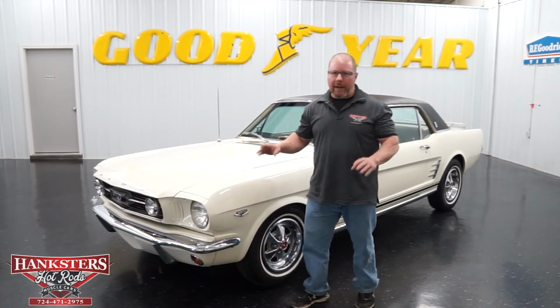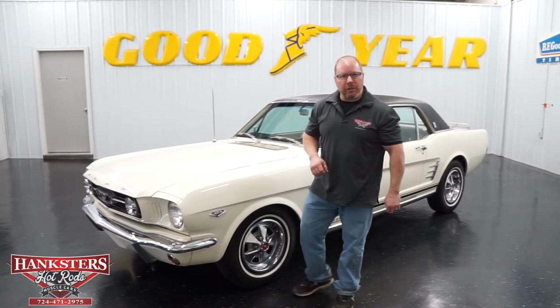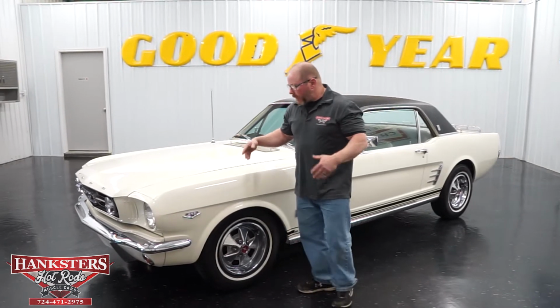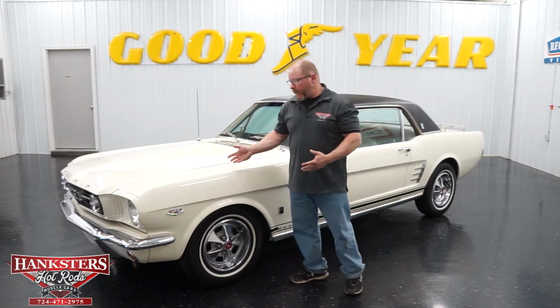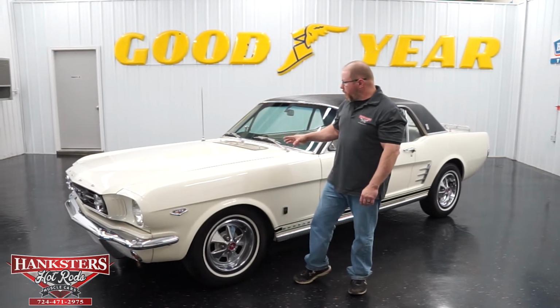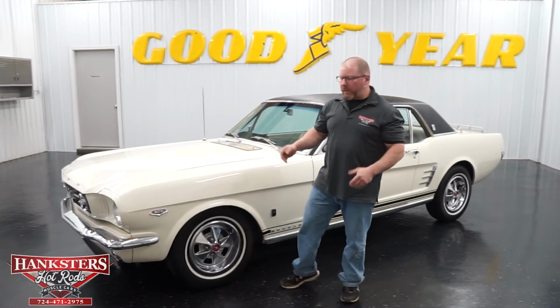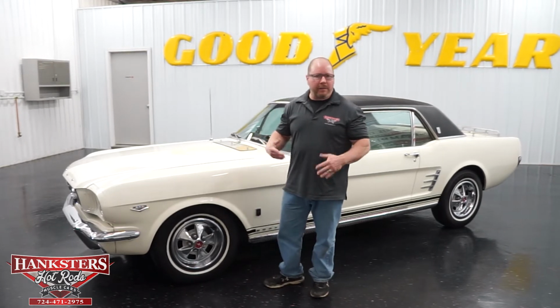So as we go around, we'll point out to you all those styling cues to make it look like the GT here, obviously. So as far as what we're looking at here, you can see it's done in the white exterior. The paint on this car is actually pretty decent. Again, I'm going to say that most of the paint and probably all your panels and bright work and trim and so forth are probably the original stuff for this car, with a few add-ons to make it like a